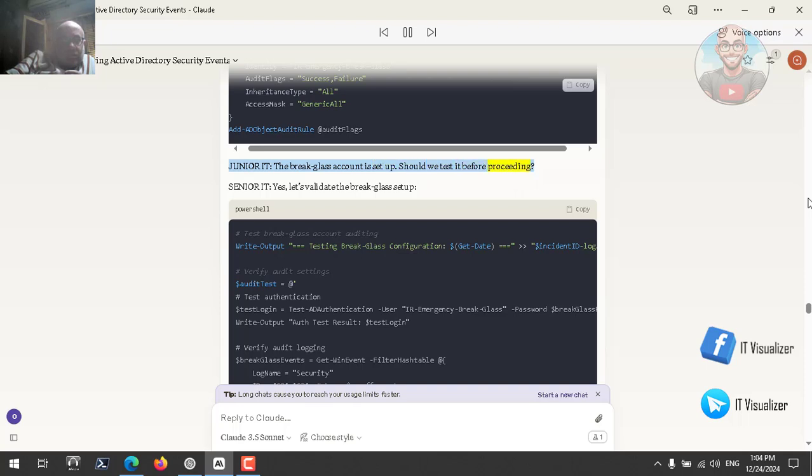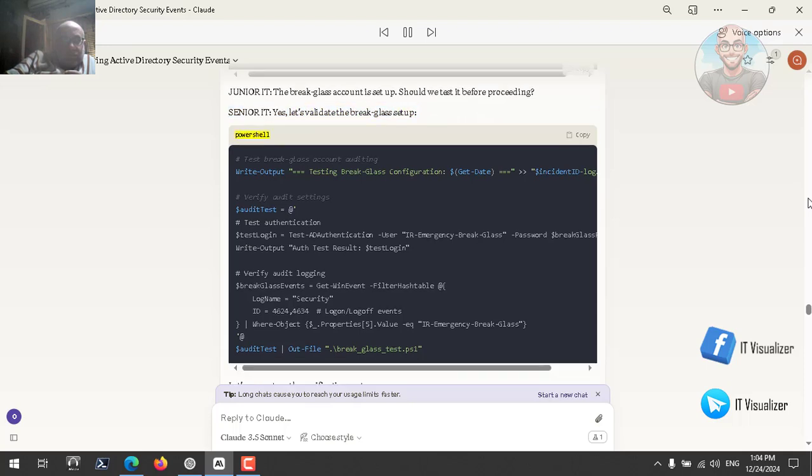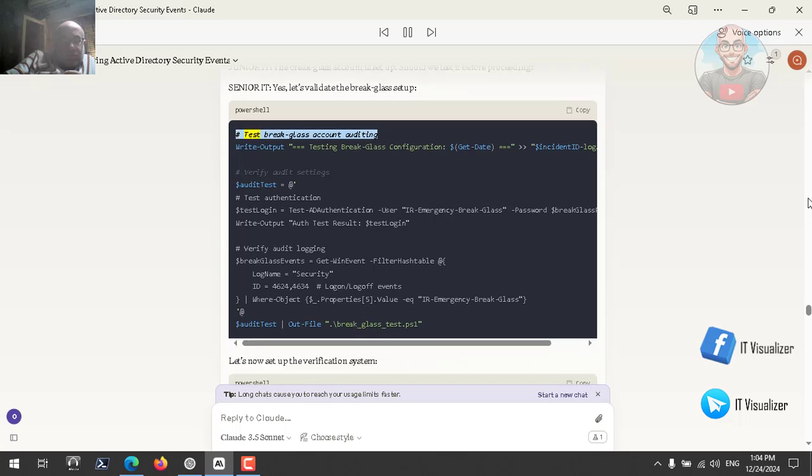Should we test it before proceeding? Senior IT: Yes, let's validate the break glass setup. PowerShell: # Test break glass account auditing. Write-Output "Testing break glass configuration"